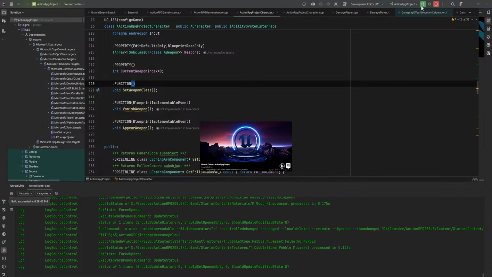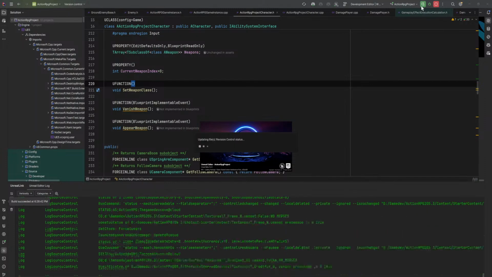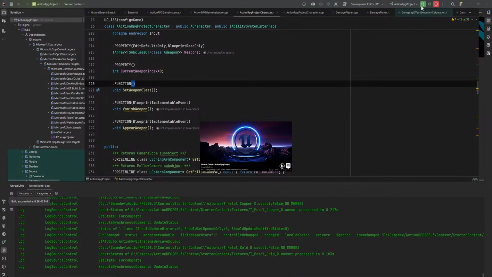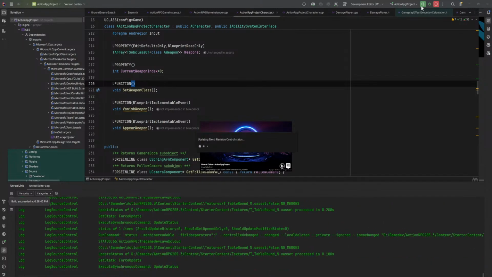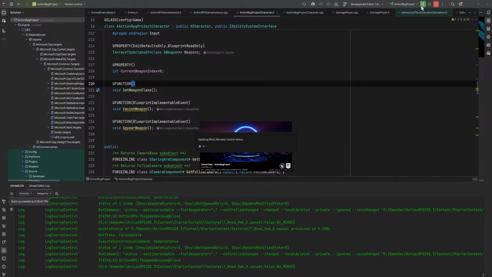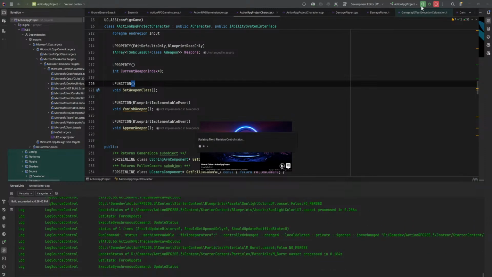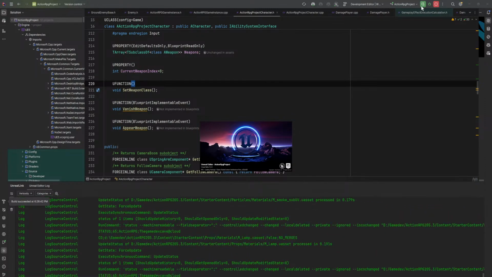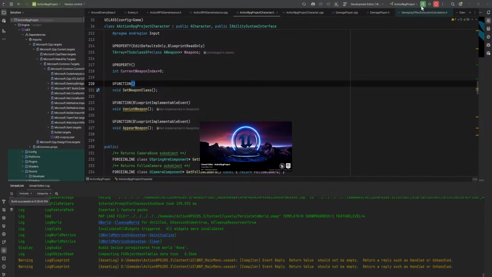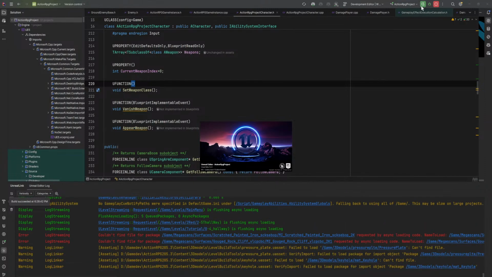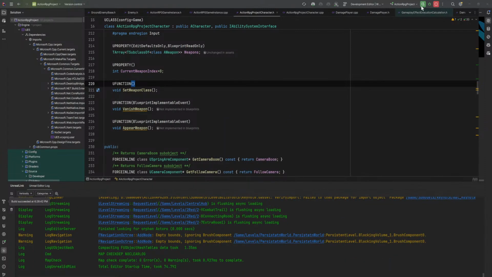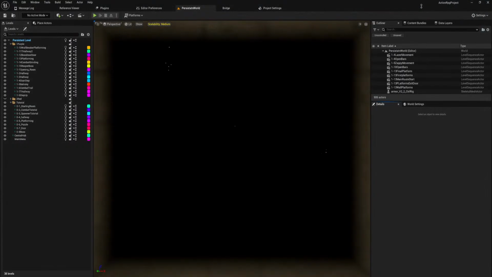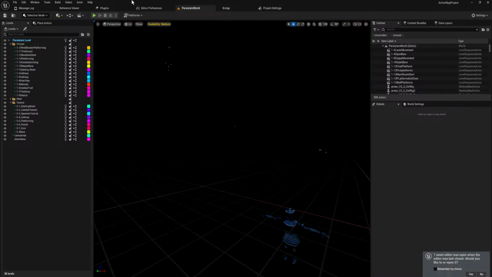Also don't know how that functions in a packaged game, if that has the same issue. But honestly, I can't really change much about that. That's an Unreal thing, and that's not a me thing. The fact that PS4 controllers and PS5 controllers aren't at least added by default as raw input devices is mind-boggling to me, personally. I would assume there's probably some kind of licensing thing or some kind of rights that prevents them from doing so.